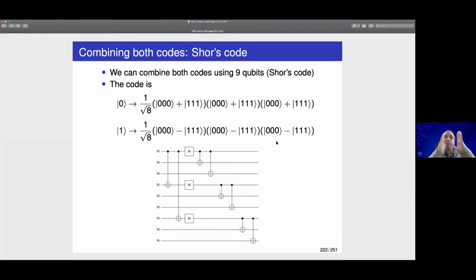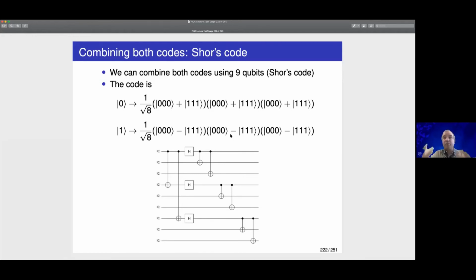So I'm using first a code. I go from a logical qubit to three qubits that are going again to be logical, and each of these qubits is again encoded as physical qubits. This is what is called concatenation of codes, and you can do it many more times. Again, you can consider this as a logical qubit, which is encoded with another code of 3 qubits or 5 or whatever. So this is a typical construction, and I'm not going to go into the details, but the